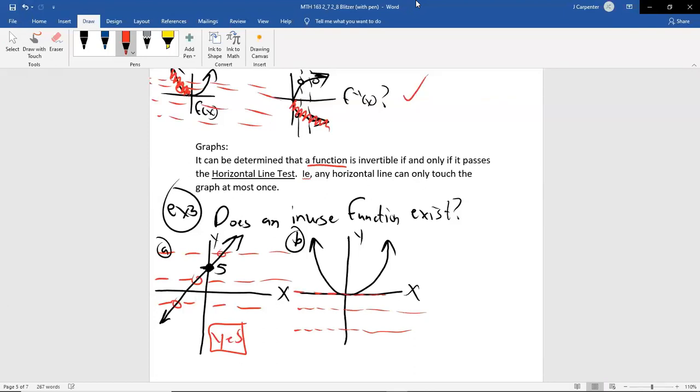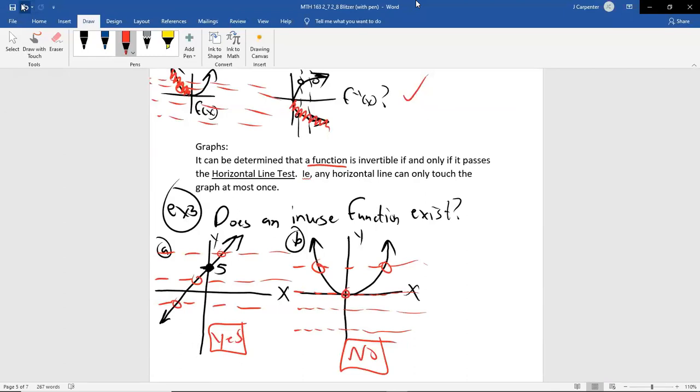So far, so good. If I draw one on the x-axis, it's only going to touch once right there at that vertex. That's what we call that point, as we will discuss further in chapter 3. So that's okay, and someone will go, yes, it's a function. But they're wrong, because you have to be able to do those horizontal lines anywhere, and if you draw a horizontal line anywhere on the top, once, twice, boom. No, it is not an invertible function.